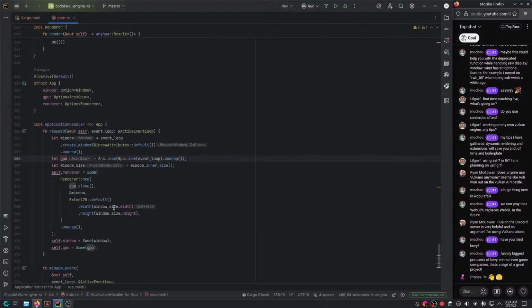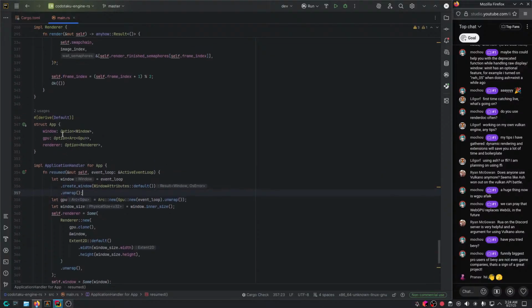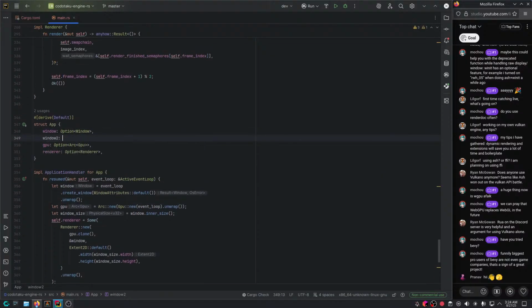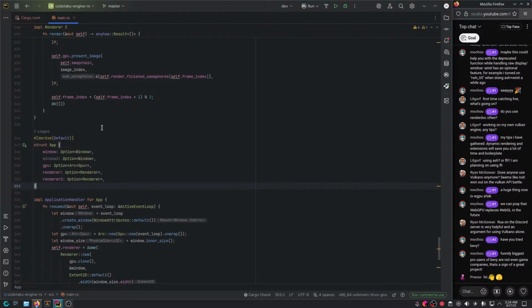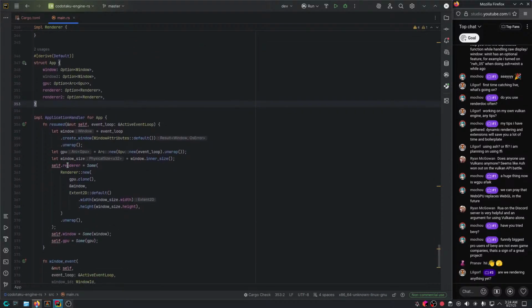Right now, in fact, using this kind of architecture, we could easily create multiple windows here. In fact, you could have window 2, option window, and render 2, option render. And then what we could do is, are we rendering anything yet?